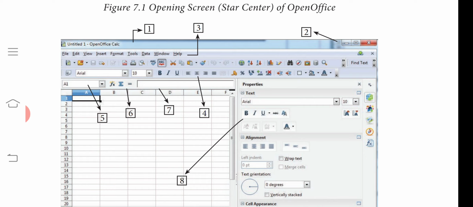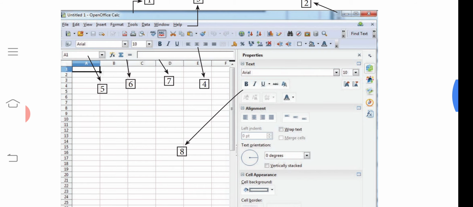Then we have Insert. Using Insert we can insert any pictures, tables, or charts, everything. Format means we can format or change things, such as formatting cells or columns, and there will be some options. Then Tools shows what tools it has, and we can click on the tools.